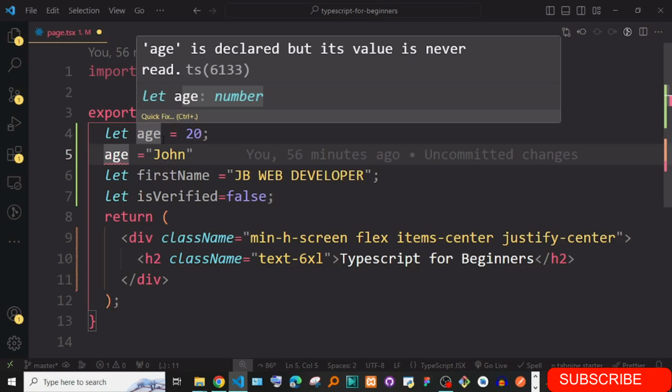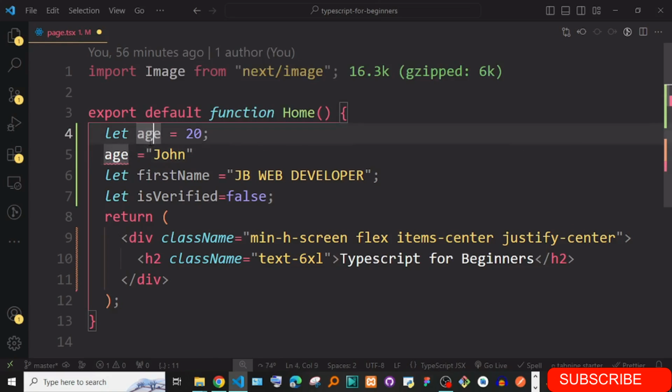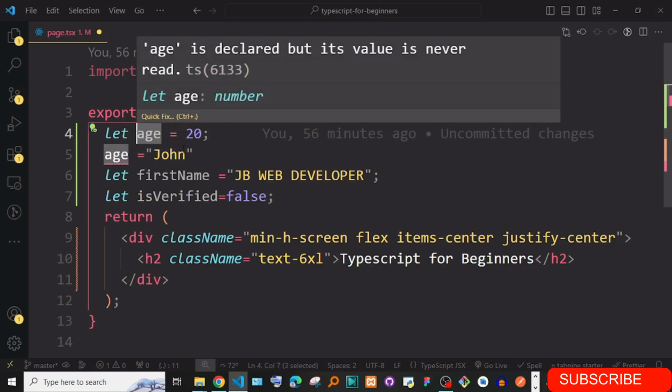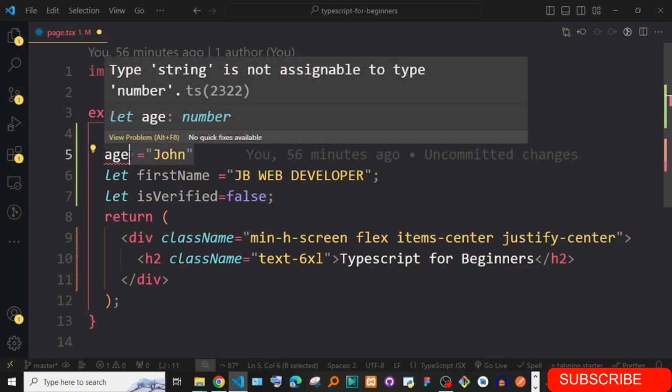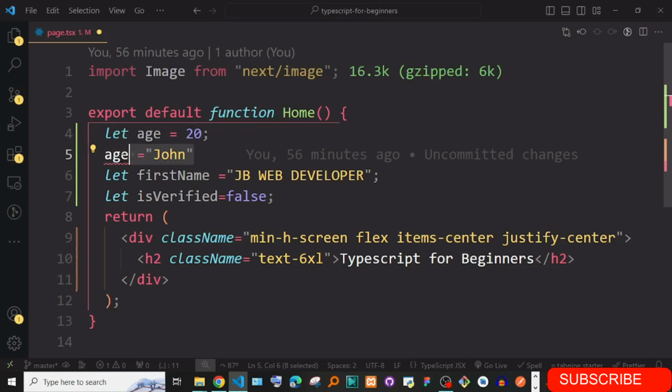It is inferring, smartly seeing what you saved, and it knows this is a number, so right away it cannot allow you to do this. Now in normal JavaScript, this would pass. It would allow you to assign John and go on.